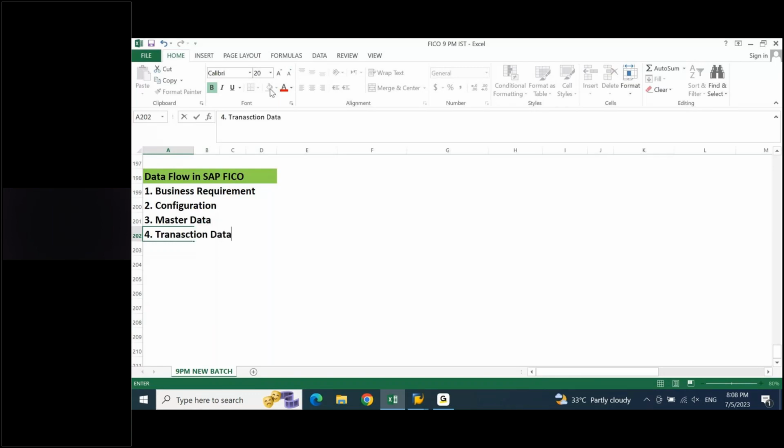Based on your transactions, you are going to generate various reports. Is this correct? And after that, it's continuous support and improvements. Is this correct? You're working as a FICO consultant. This is what you will be dealing with on a daily basis. Yes, no?